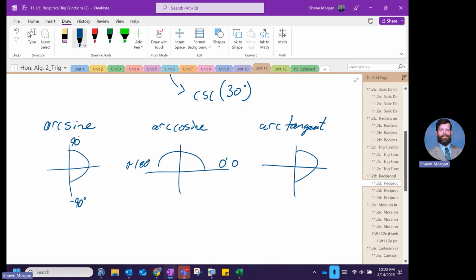In other words, the calculator is only going to give me answers from negative pi over 2 to positive pi over 2. The calculator is only going to give me answers that fit in that range. Okay, it's pre-programmed to do that because